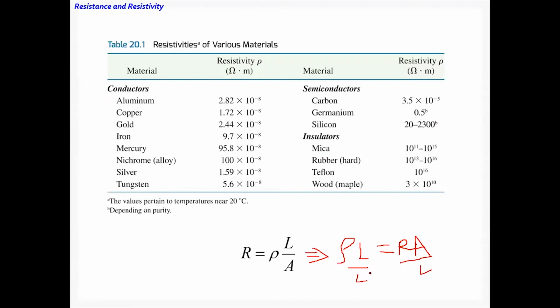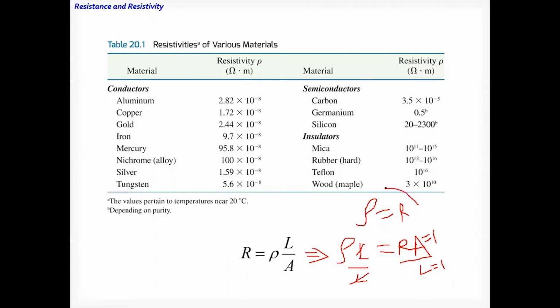Right. So then how do you define your resistivity? Put A equals 1 and L equals 1. Then what do you get? Rho equals R. Does it make sense? I have a reason for that. So if you put A equals 1 and L equals 1, you get rho equals R, right?